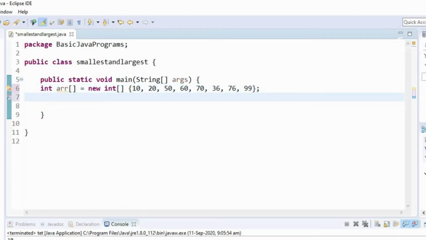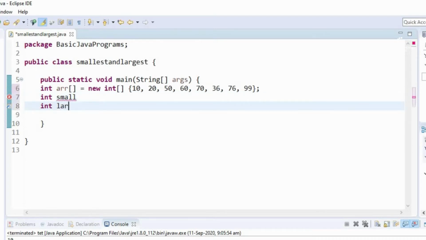Okay, now we have initialized an array. Now let us create two int variables, naming int small and int large.